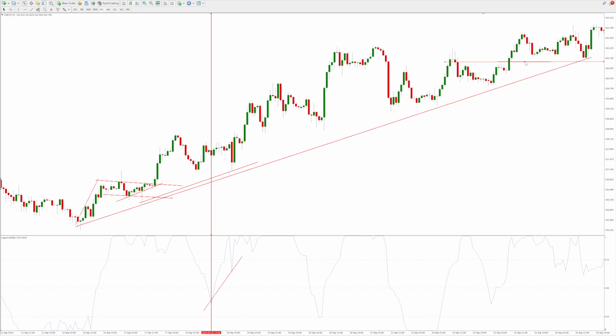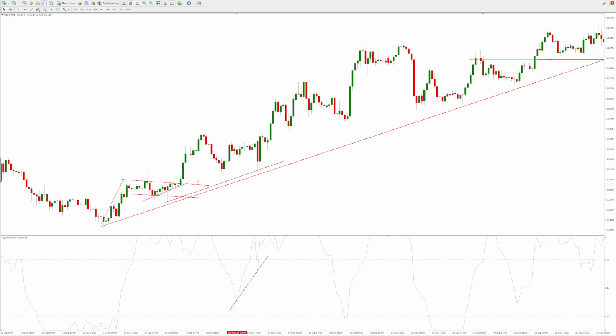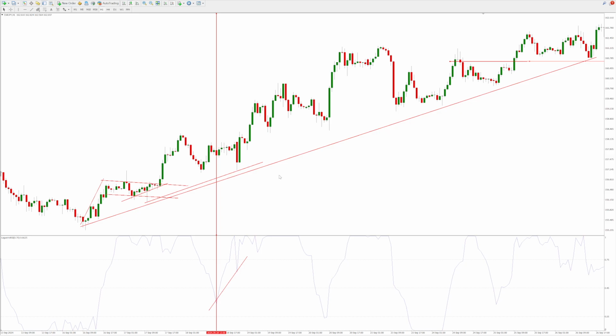Okay, after a pullback. This way we can maximize the move as much as possible. Last thing we want to do is panic, get excited, and after this breakout, close your trade here for a little bit of profit only to see this happen. And if you do try to re-enter on the trend, you're going to risk buying high, and you're going to have to pay broker spreads and commission, maybe get slipped out of a trade